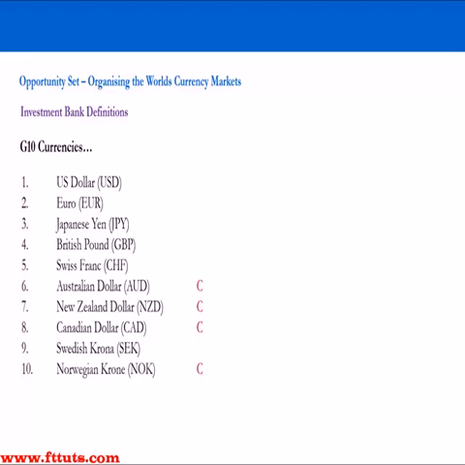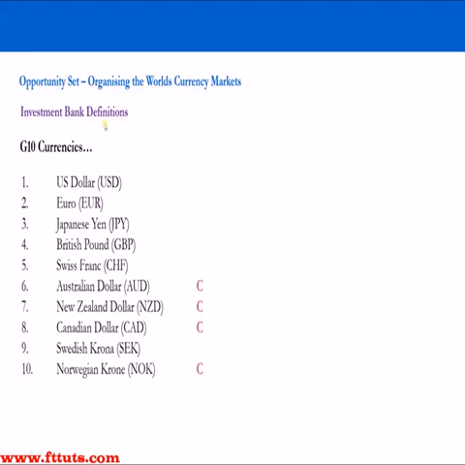And the way currencies are defined at investment banks and retail brokers, the way these guys define currencies is very much counterintuitive to a professional trader objective, which is to make money using our own money. So what you're going to find with investment banks, retail brokers, and media is that currencies will be grouped very much dependent on the size of the currency. What do we mean by the size of the currency? The amount of volume that trades per day, the most popular currencies.